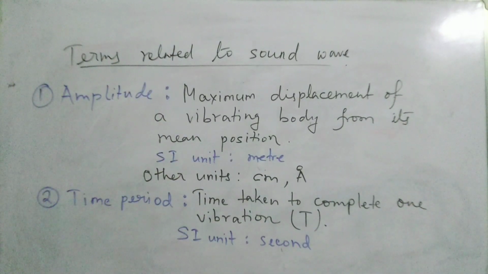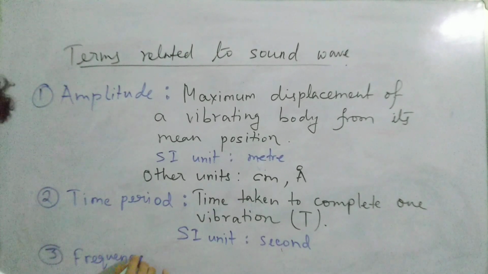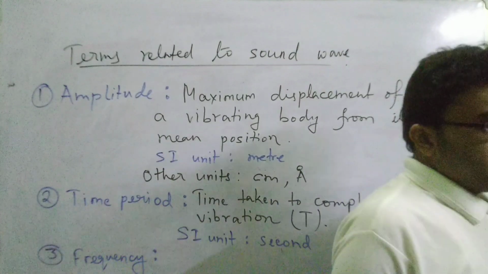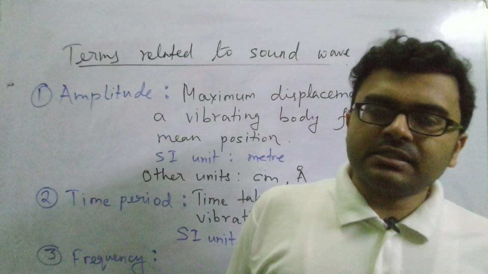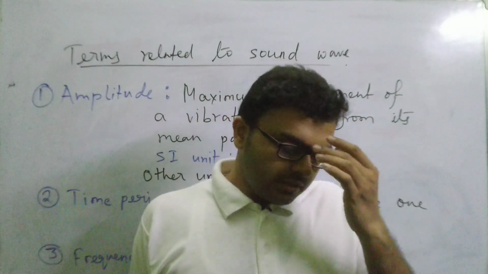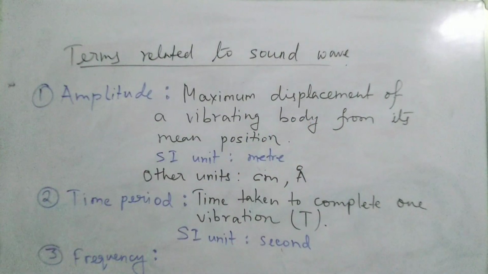Now the third term that we need to know is the frequency. So what is the third term? The third term is frequency. So what is frequency? Think of it like this: when two bodies are vibrating, if I try to compare which body is vibrating faster, then we need to think of which body is making more vibrations in a particular time, isn't it? So I consider the time interval for comparison to be 1 second,